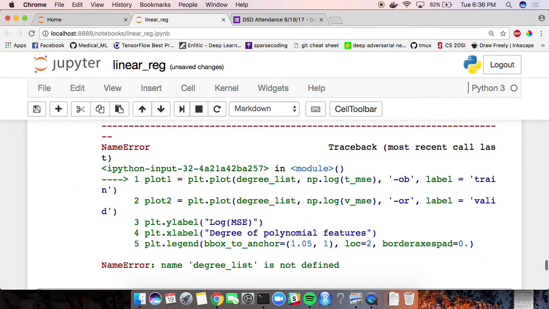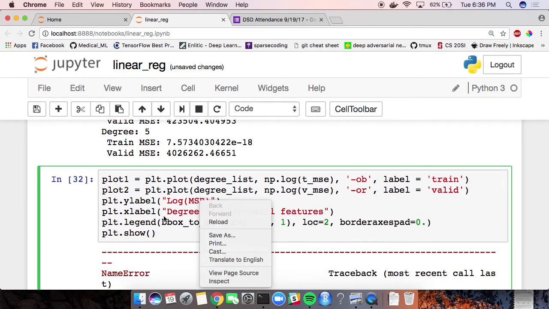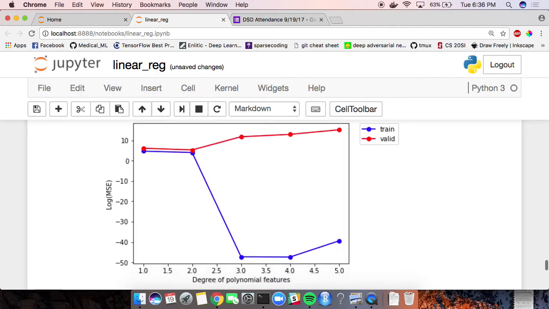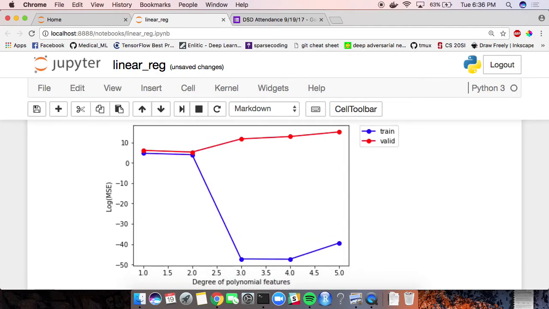Okay, so once I've done that, I can make a plot, and the plot has on the y-axis the log of my mean squared error, and on the x-axis has the degree of polynomial features, and I can plot both the training and validation MSEs. And I can see that even though train MSE doesn't always decrease, it decreases as the degree increases, my validation